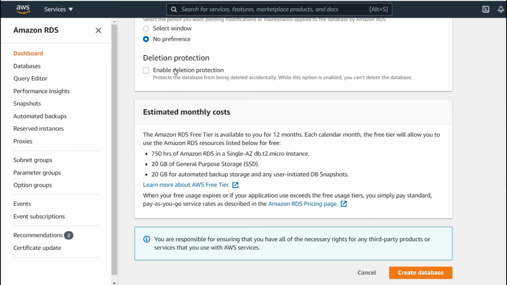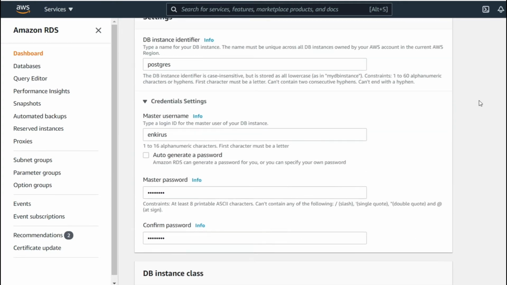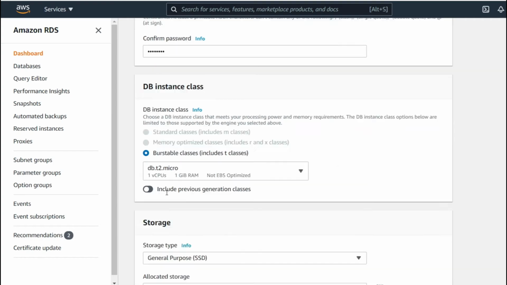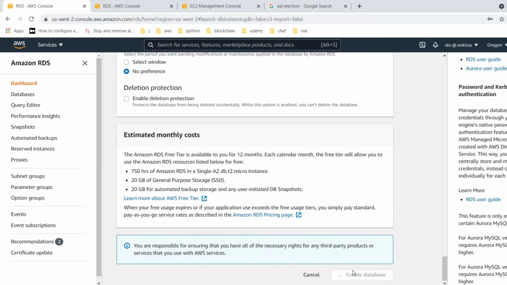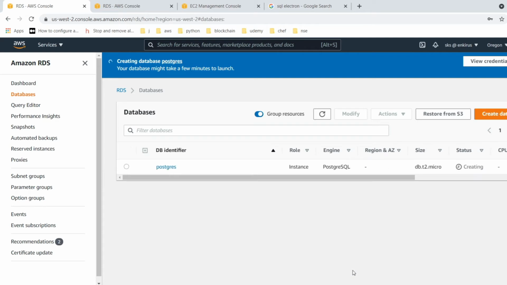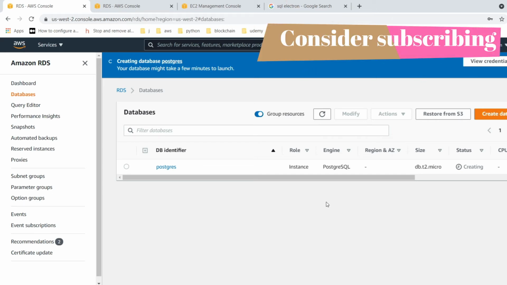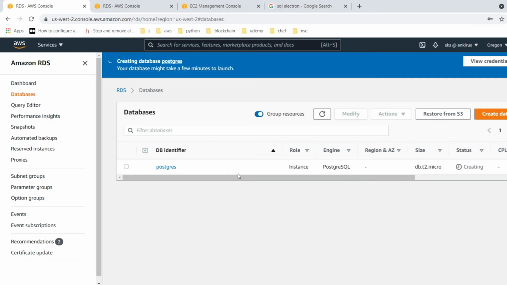And if you want to have a deletion protection so that no one can delete your database, you can enable this. Okay, this looks good. Just make sure you note down your username and password, because that's very vital. Let's create the database here. It takes roughly 15 to 20 minutes. You can just take a coffee break and come back, and your database would be created. Now, connecting to it is another story.